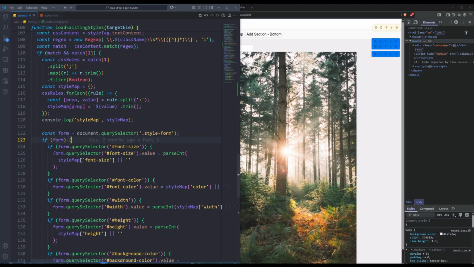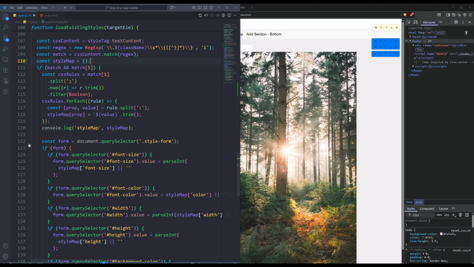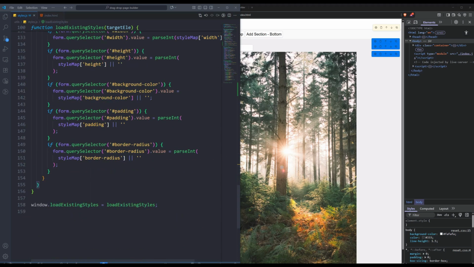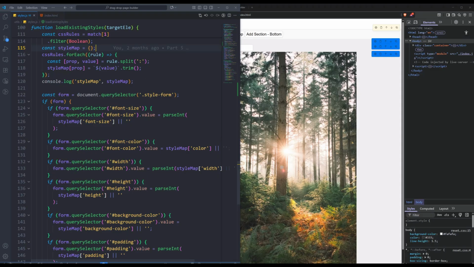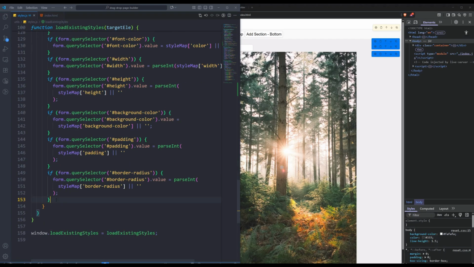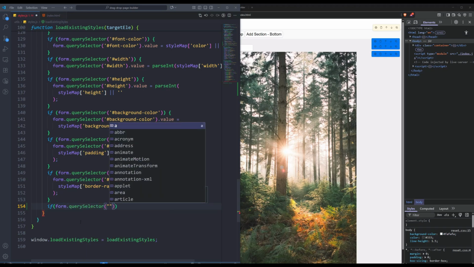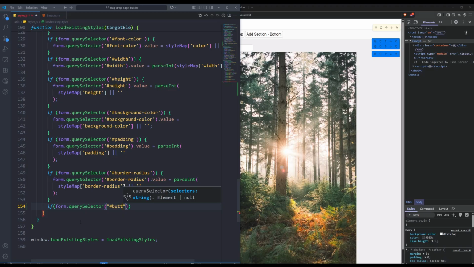So in here there are a few changes that we need to make. I will move this style outside and this form will go outside. I will show you later why we need to do this, but first let's go in here, and before its end we will add a few logics. First, we can go to the button text. So form dot query selector will go and get the button text,